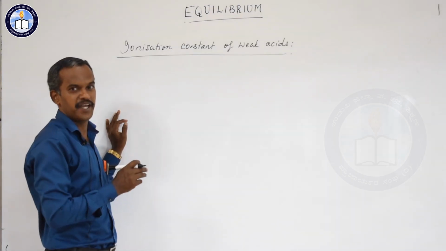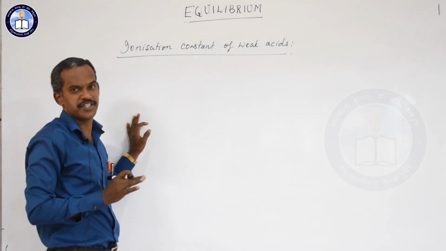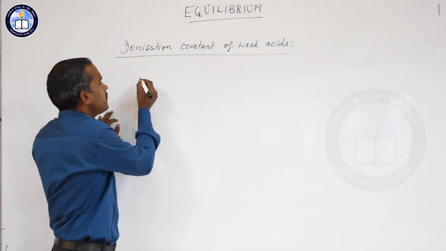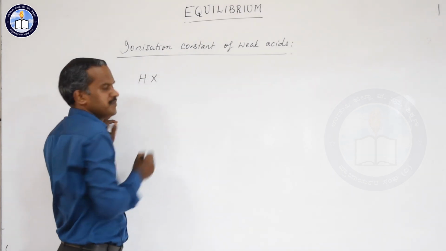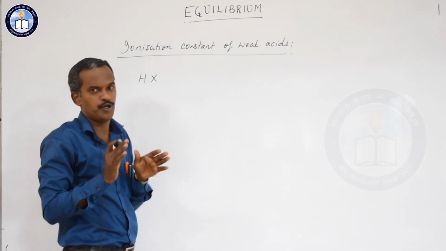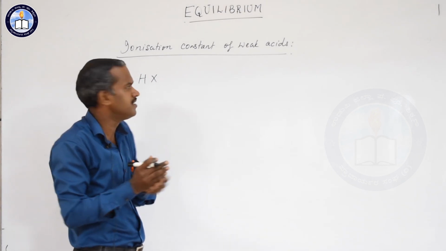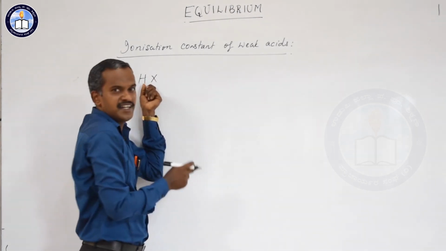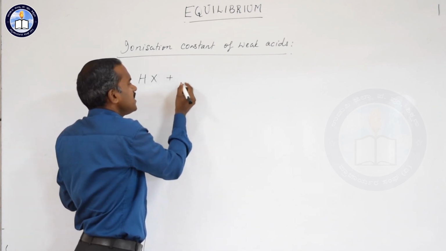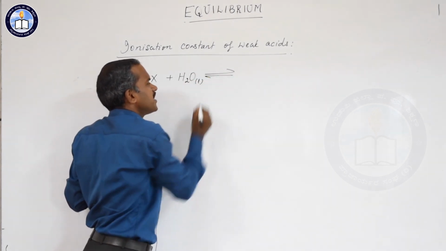So after understanding about pH, let me continue with the ionization constant of weak acids. Similar to the ionization constant of water, we can study the ionization constant of weak acids also. Let me consider a weak acid HX. HX stands for a weak acid. It dissociates partially. You have to understand there are two types of dissociation: complete dissociation and partial dissociation. Whenever we mention it is a weak acid, it undergoes incomplete or partial dissociation. So it is a weak acid in the presence of water, which we know is in the liquid form. It undergoes partial dissociation, which means we write a reversible sign.